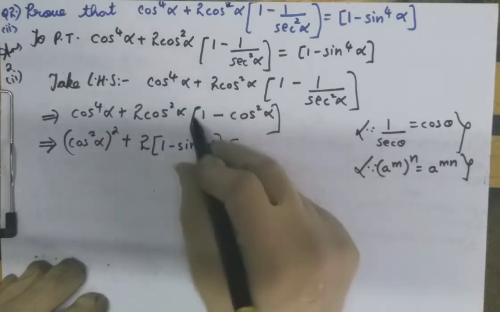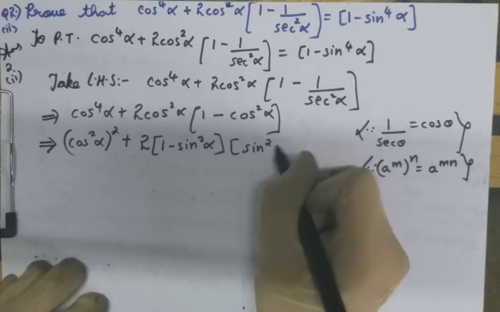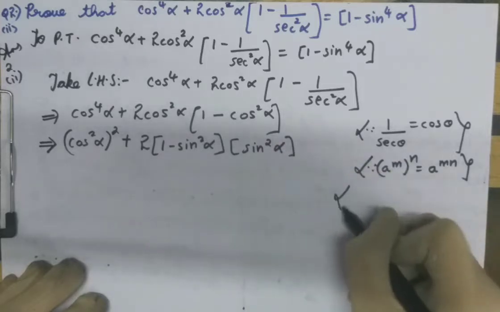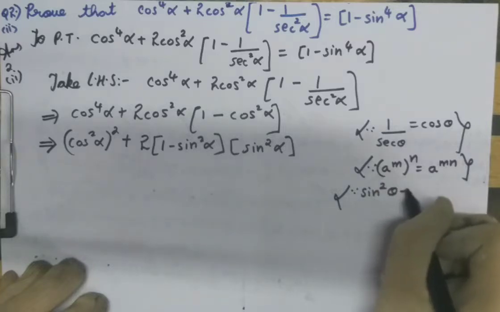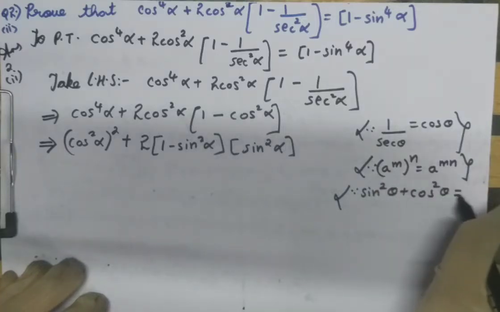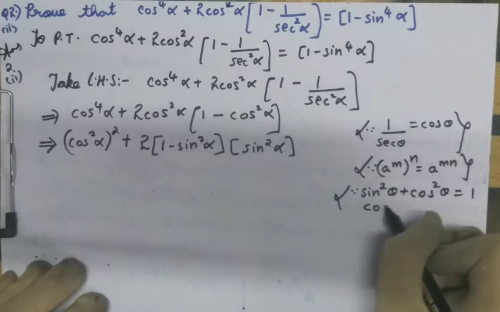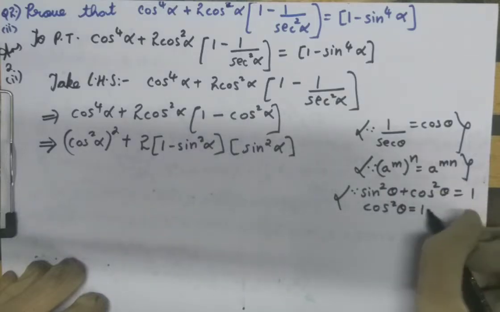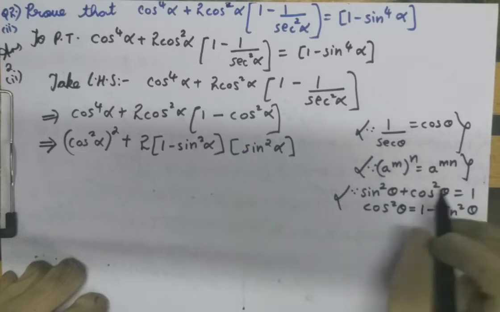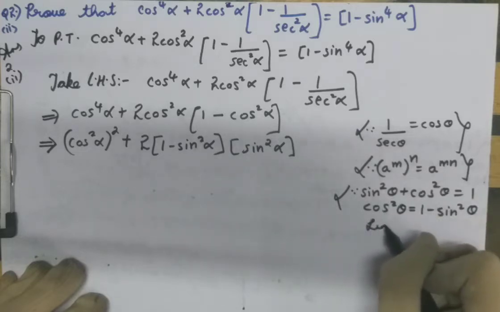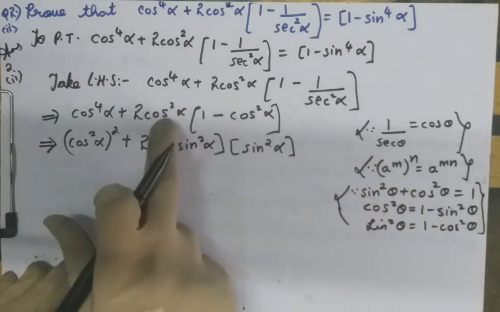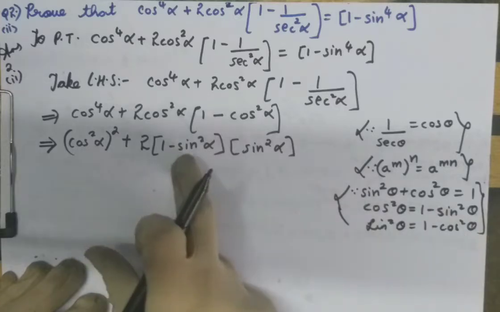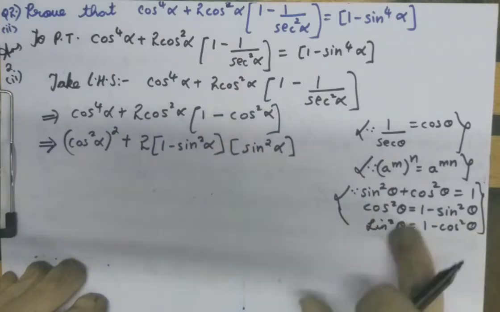So 1 minus cos square alpha is sin square alpha. We know that. How? See, you have this trigonometric identity, right? Sin square theta plus cos square theta is 1. When we require cos square theta, what we'll do? We'll send sin square theta that side. That is a 10th standard formula only, right? And when we require sin square theta, we'll send cos square theta that side. Okay? So, in place of cos square alpha, we have written 1 minus sin square alpha. In place of 1 minus cos square alpha, we have written sin square alpha.